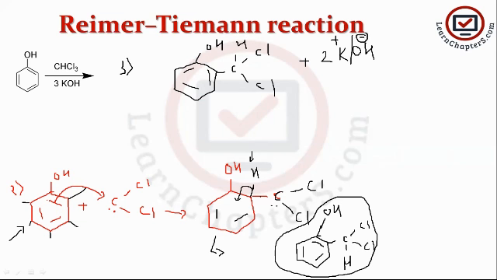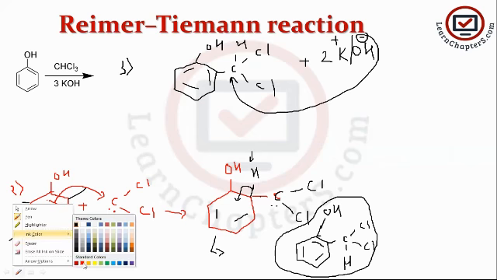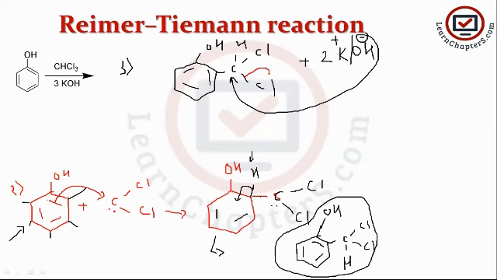Now the next point is OH minus attacks on this carbon atom. Okay, and halogens are good leaving groups, so the halogen gets detached from it. So our final product should be like this. See, both the OH groups attack the carbon atom and both the Cl get replaced. So the next product we get is OH, C, here is the carbon atom, then hydrogen, then here one OH, and here is the second OH group.